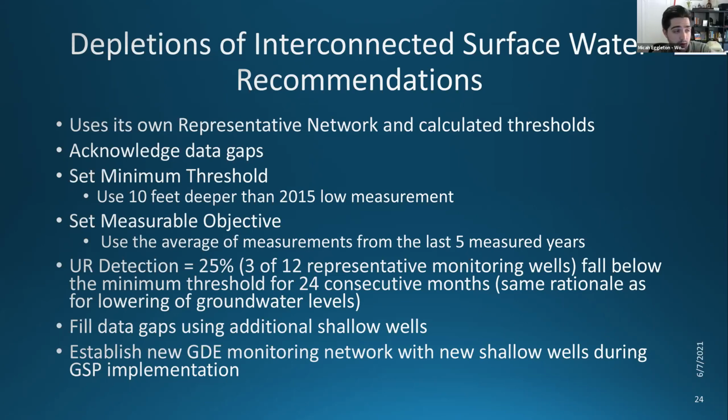For the deeper GDEs, probably the additional shallow monitoring wells. Okay, so do you believe, Leslie, that these recommendations cover what Mr. Brobeck said? I think they do, provided we add the additional shallow monitoring wells, which is the last bullet on the slide there,